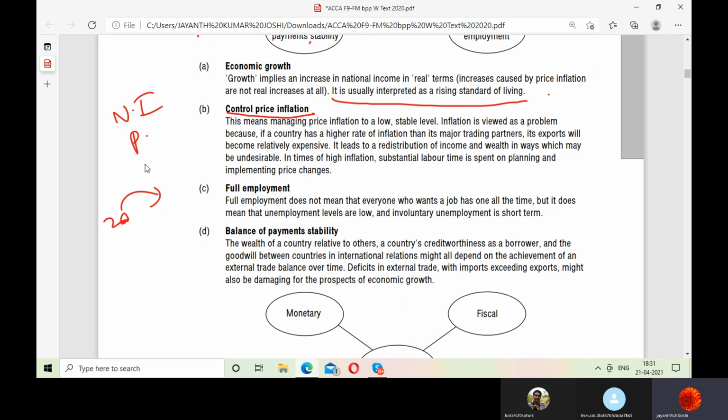Control price inflation, that means rising prices they should control. How they can control this, we will see. There are certain policies they have to frame for it. Okay, see what happens when there is high inflation. Suppose 1 kg tomato if I can buy for,